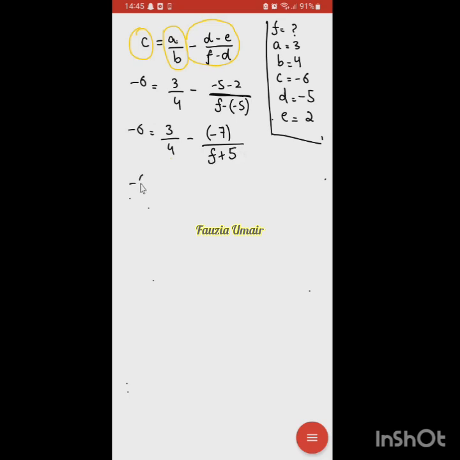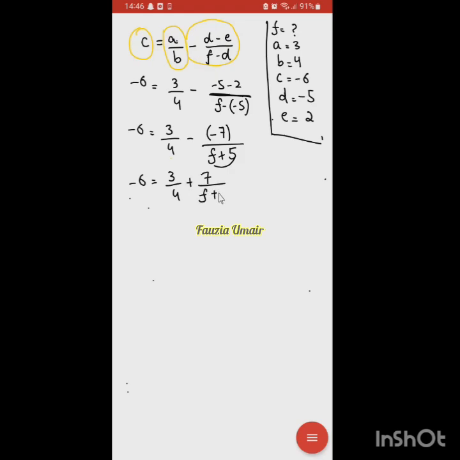So now -6 is equal to 3/4. Now this -7, because always remember Abrish, we cannot have two signs with one term. This is one whole term, -7 by F plus 5. But it is having two signs. One is this minus sign outside and one is the sign with -7. So it means we need to resolve it. When this minus sign and this minus sign are combined, this will be plus 7 by F plus